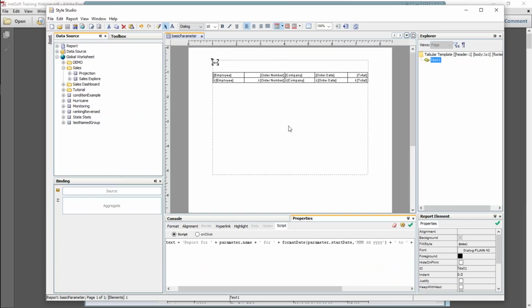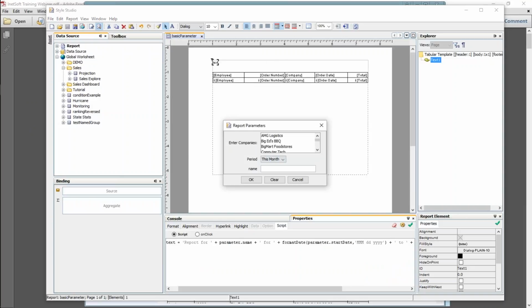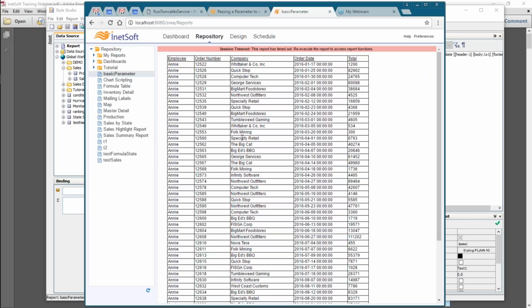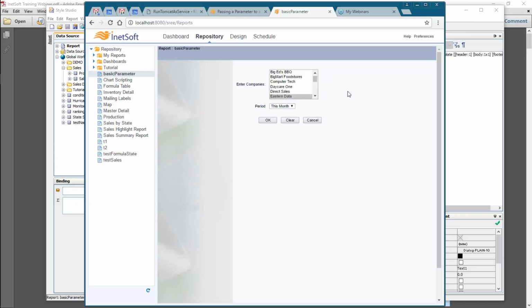Up until now, the parameter prompting that we've been doing has all been using the default parameter prompting. We didn't explicitly design this parameter prompt; it just happens that because we have certain parameters in the report, this is the parameter prompt that we get, and it's the same thing in the portal. If you go ahead and open that report, you get this parameter prompting screen. Again, we didn't design it, and we might not be all that happy with it because maybe we want the parameters in a different